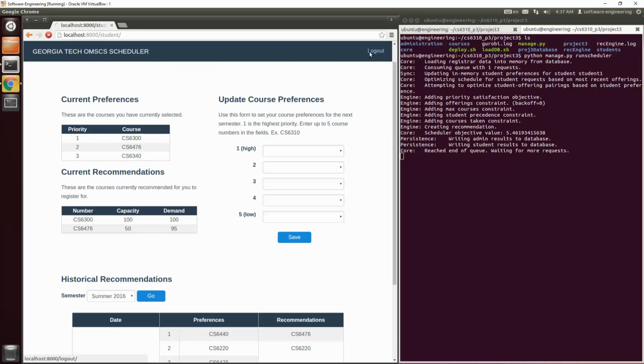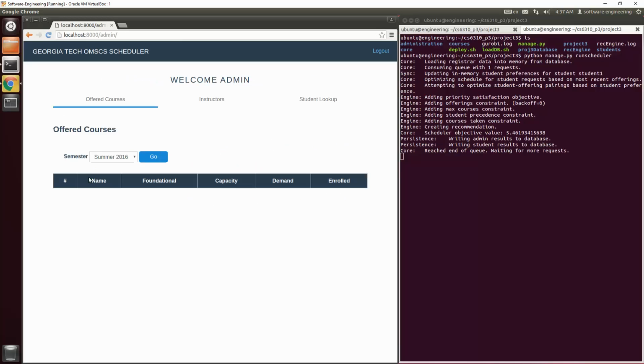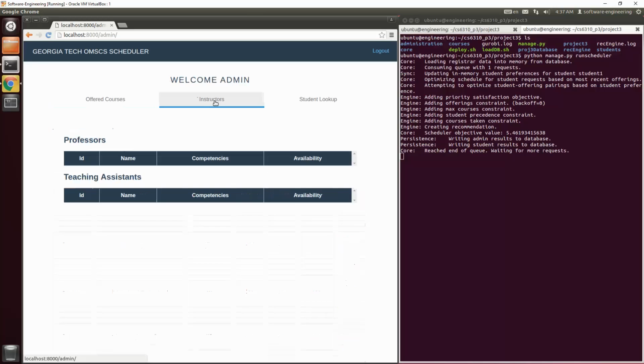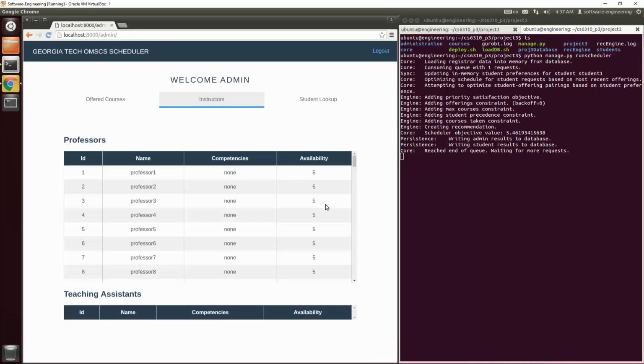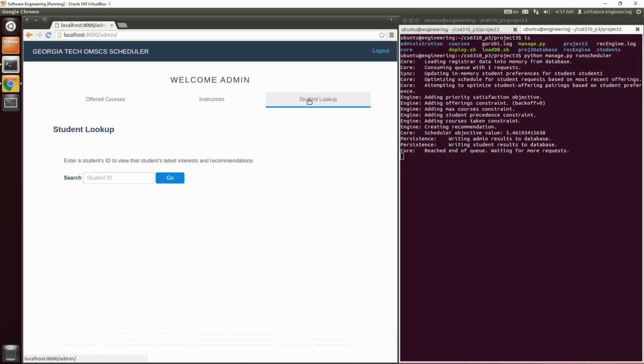Now let's check out the admin side of things. In our system, student 0 is an administrator. The password is also student 0. As an administrator, you have some different tools here. So let's start in the middle here. Under instructors is just a list of professors and teaching assistants and their availabilities and their competencies. Under student lookup, we can look up a specific student's